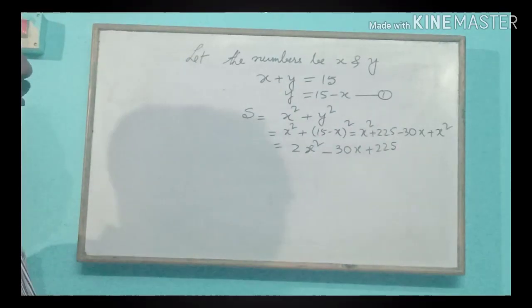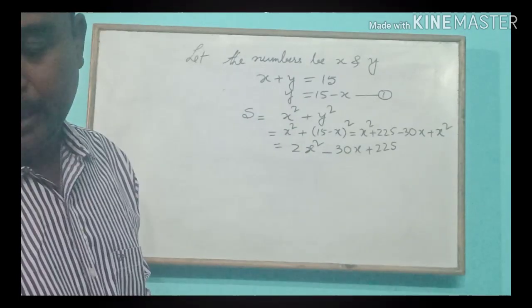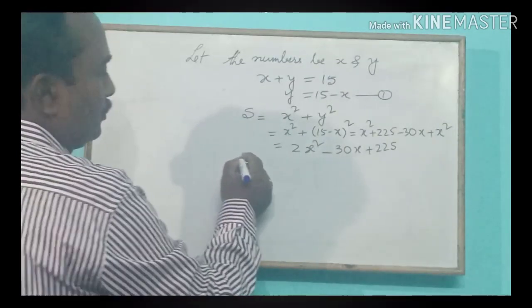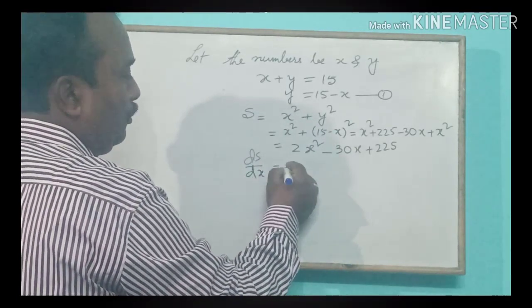We have to find out the sum of the squares is minimum. So ds by dx, we find 4x